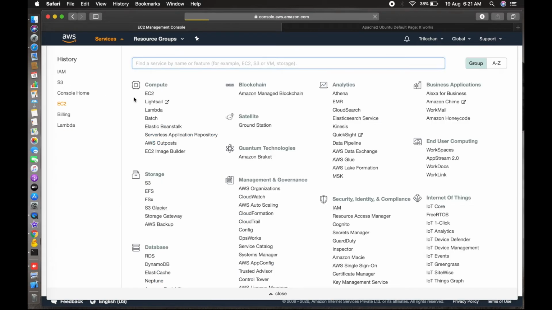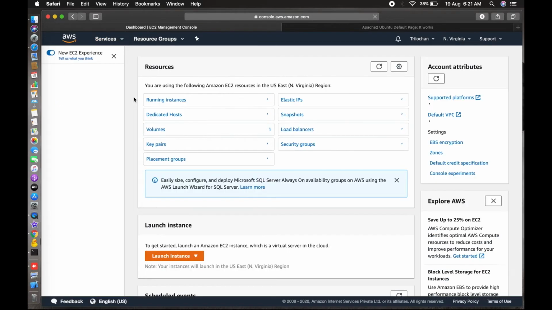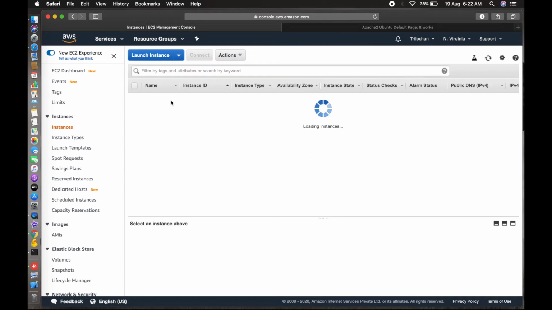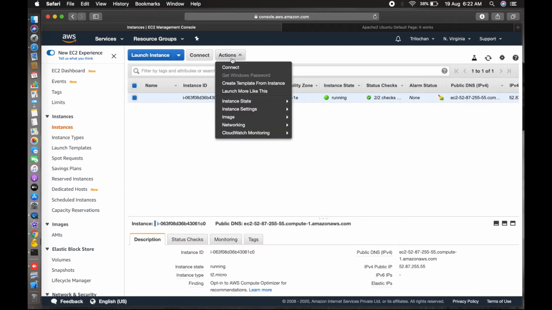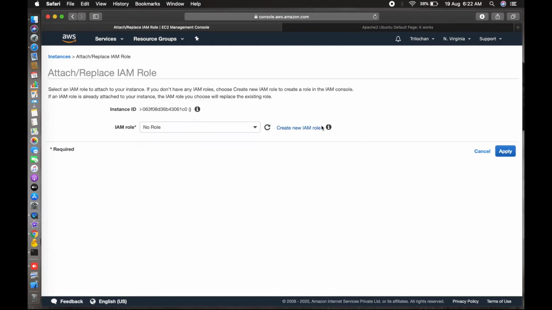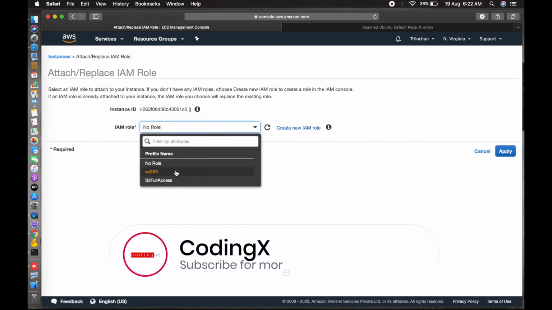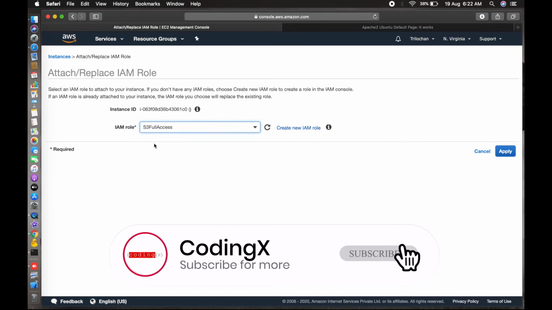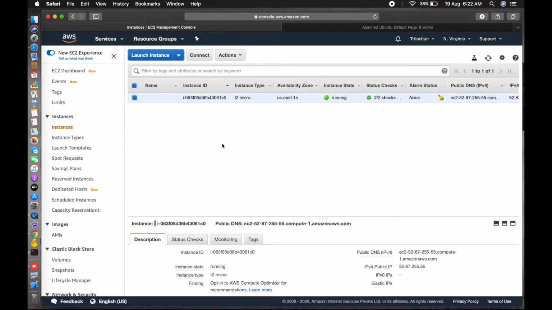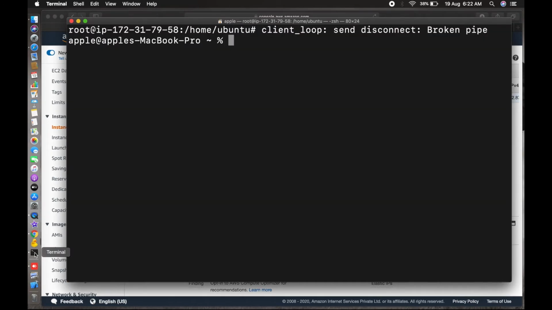So let's go to the EC2 instance. I hope you have this instance running and your application running, so that we can take a backup of your database and keep it in the S3 bucket on a regular basis. We will automate this. So we need to attach this role. So here it is. We have created this S3 full access role, right? So apply. So this is attached now to your EC2 instance. So now you can access your S3 bucket from the EC2 instance.